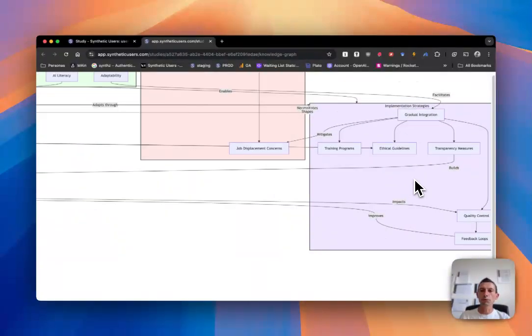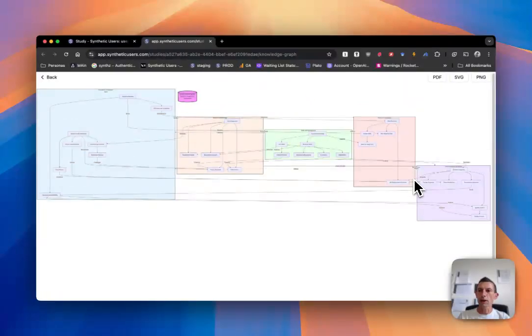So we hope you enjoy this new way of looking at the insights that were generated from the interviews in a more visual way. You can see here the download buttons. Looking forward to any feedback or criticism or concerns that you have regarding this feature or the product in general. Just reach out to